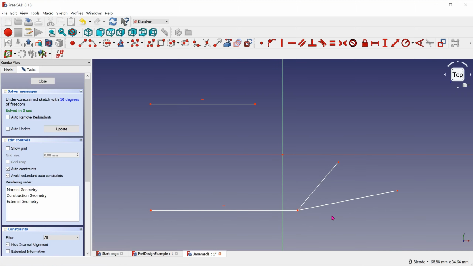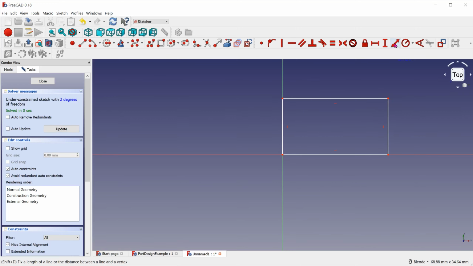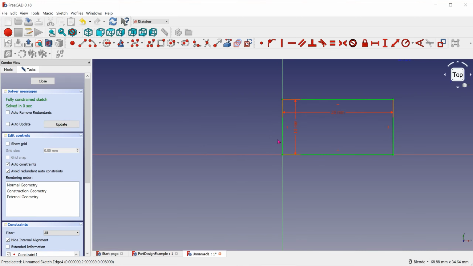If you need a point to end on a line, watch out for the point on Object constraint before clicking. For the purposes of this tutorial, let's make a rectangle that snaps to the origin. Make sure that you see the origin being highlighted in yellow or the red dot appearing beside the cursor before clicking. Once fully constrained, the sketch turns green.